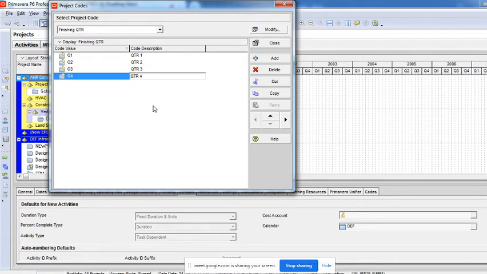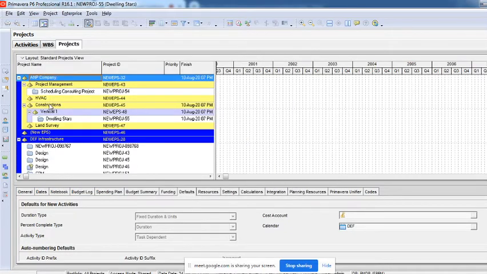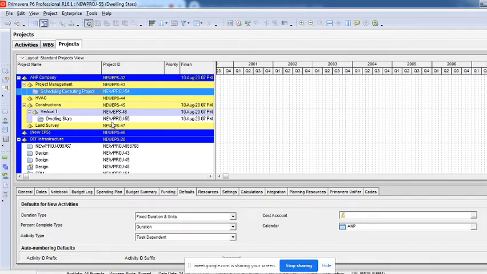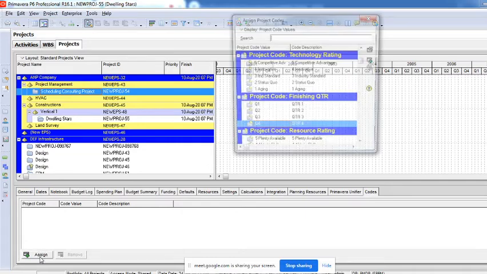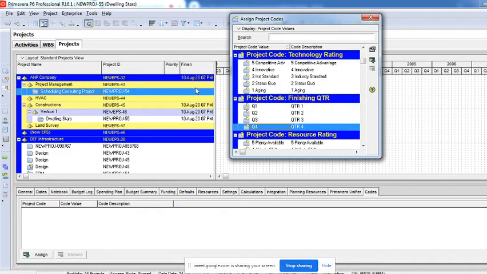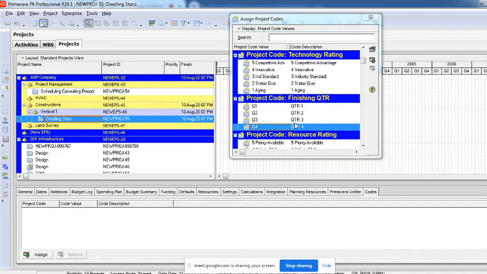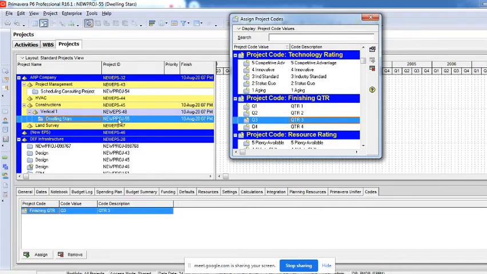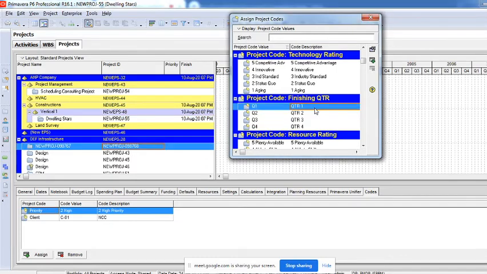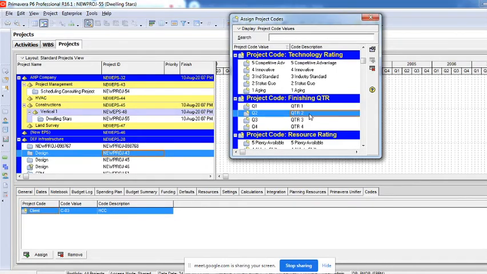Okay, I just create it and then say close, then click on a project. You just have created a code and its values, but you still haven't assigned it to the project. So click on the project wherever you want to assign it. Here in this detail window you have an option called code, right? When you click on this assign, you'll be able to see that finishing quarter you have created. I am just selecting and assigning. For this particular project I have made it Q4, and this project is finishing in Q3. This project is finishing on the 4th quarter, and this one on the 3rd quarter. This project is finishing in the 1st quarter, and this in the 2nd quarter.